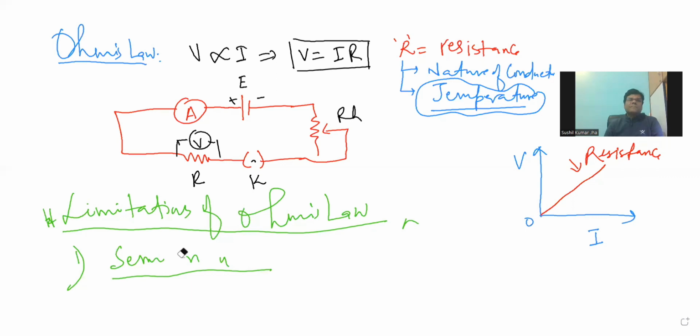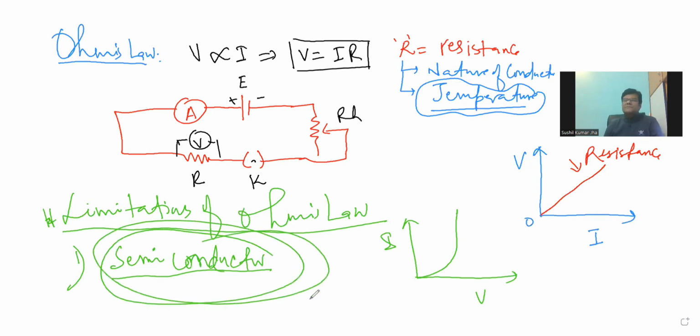So for a semiconductor, right, I and V, it is like this. तो VI ग्राफ इज नॉट प्रोपोर्शनल, क्योंकि डायरेक्टली प्रोपोर्शनल नहीं है, इसलिए सेमीकंडक्टर के केस में हम कहते हैं कि यहाँ पे ओम्स लॉ ओबे नहीं हो रहा है, राइट।